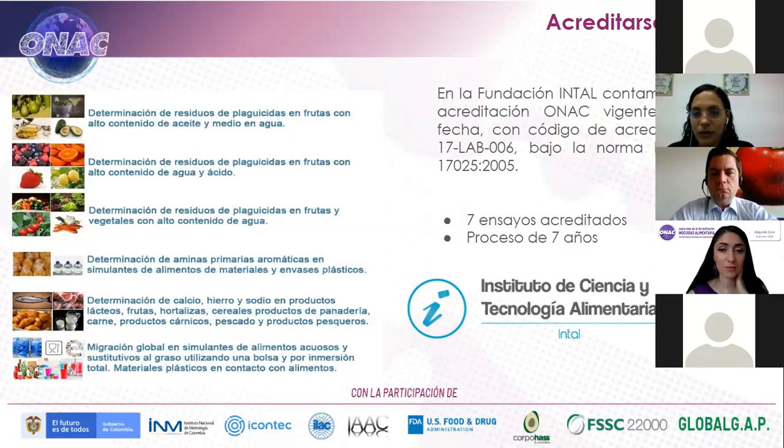Well, that is a decision by the lab, unless this is a legal requirement. If this is a legal requirement that it has to be done with that specific test, there's no way around it. If it's a legal requirement, that has to be established with the ministry or INVIMA or this sort of institutions. But in our case, we established that, as we told you, reviewing the type of regulation, the existing regulation and